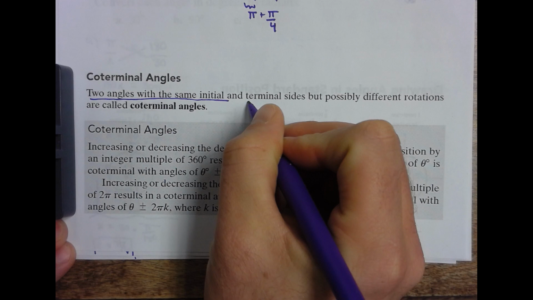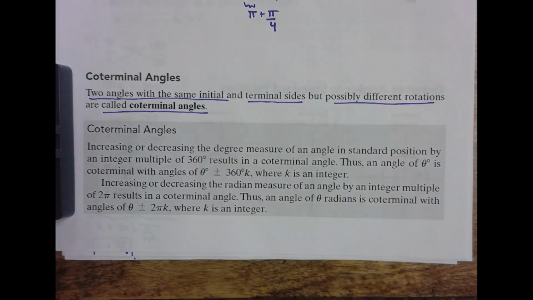An example of this is just like if you look at a clock, right? Let's use the second hand or the minute hand, for example. The 12, we would call that being the same location where it has the same terminal and initial sides, but different revolutions to get to that point. And so what we're going to do is we're going to subtract away and